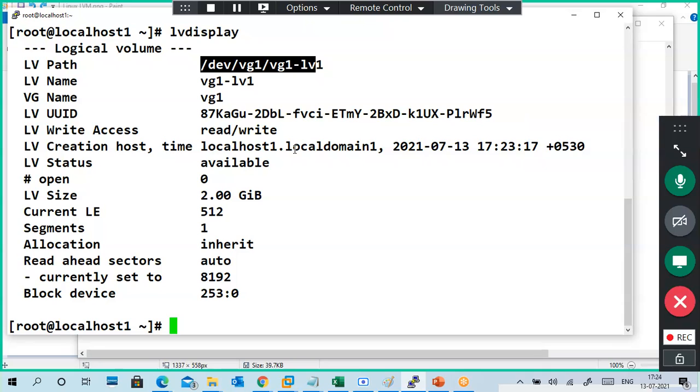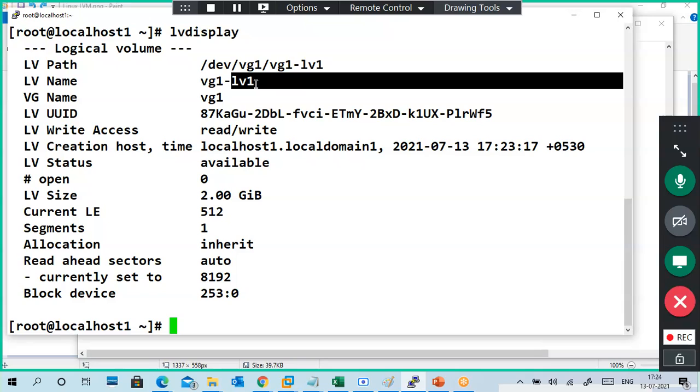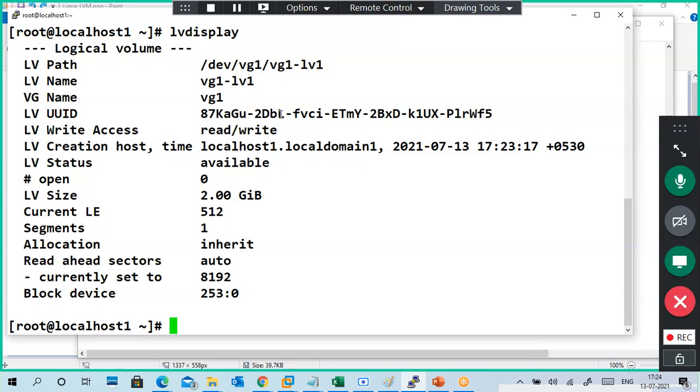Sir, the command, instead of giving hyphen, I will explain. VG1 and LV1, we cannot give LV1, sir? I didn't get it. Sir, you have given the name as VG1 hyphen LV1, right, sir? Instead of giving hyphen, simply we can give LV1, right, sir? We can give. You can give any name, no problem. Okay. Not required like this.